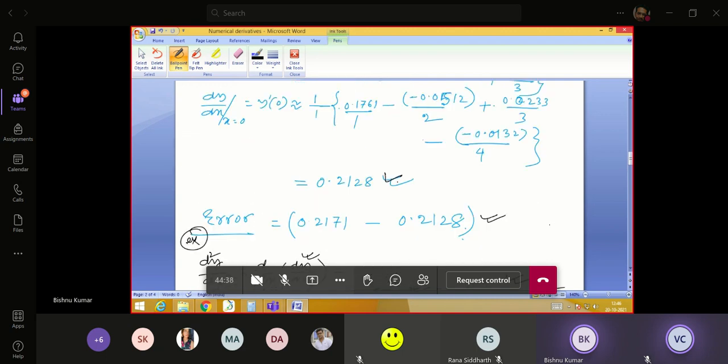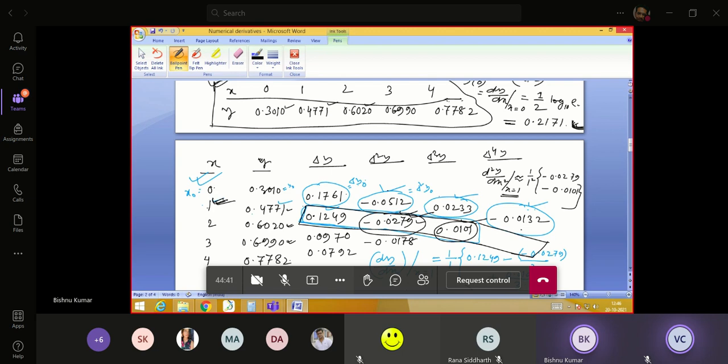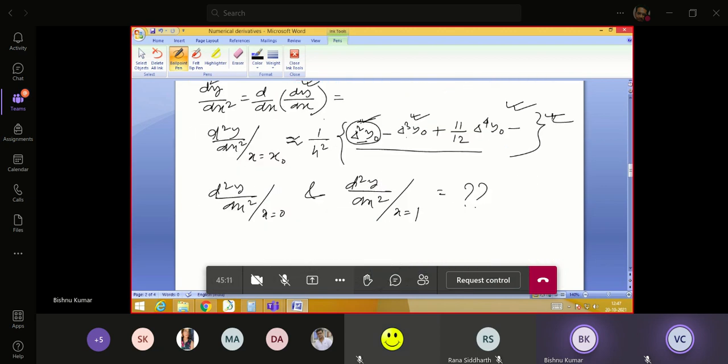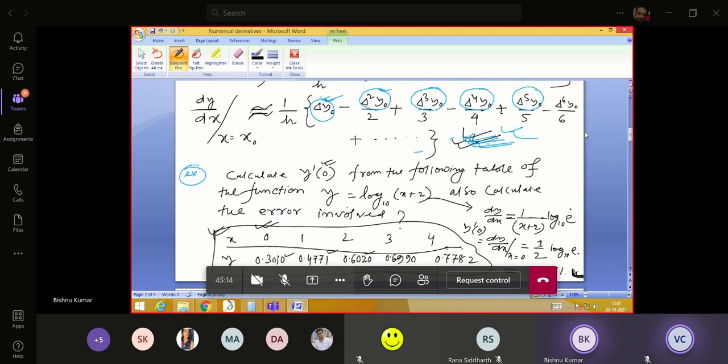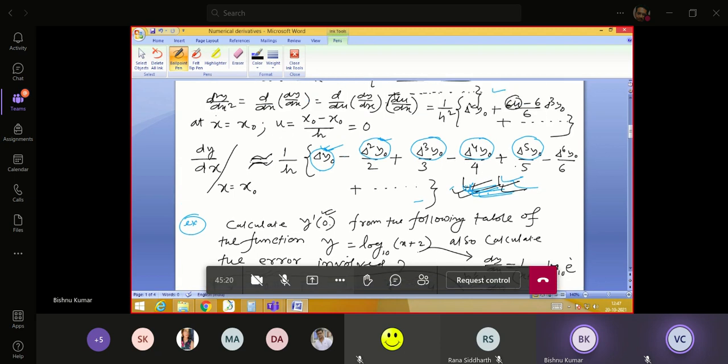So I am calculating the double derivative at x equals 1. The associated upper diagonals are these. That is the second difference, that is the third difference. You don't have the fourth difference. So second difference minus third difference, outside 1 by h square. That is the derivative. So nicely try to remember this formula for the second derivative and this formula for the first derivative. You can use these two formulas for the first initial point and the second point.